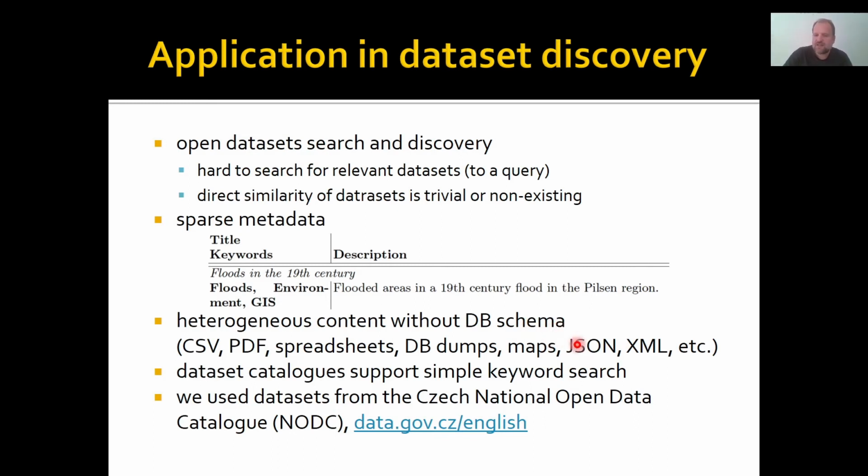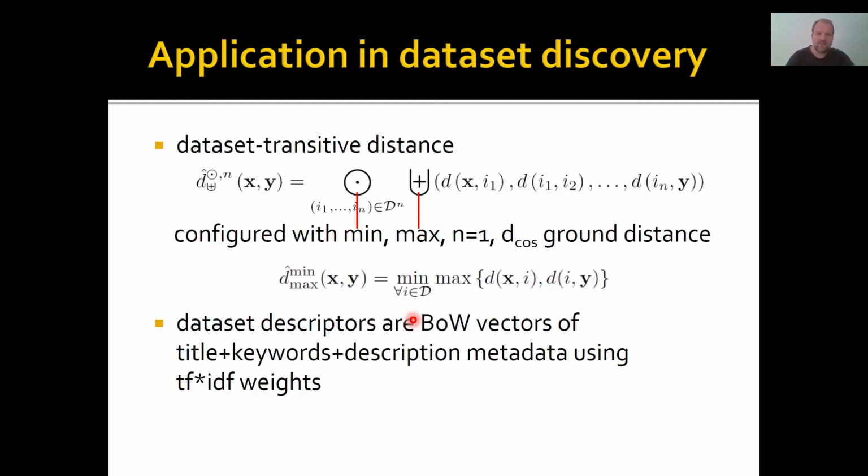So there is no metadata on top of the structure of the dataset. So everything we have is the metadata that is associated with the dataset. Now, search for a dataset with this sparse information. So we try to use the data-transitive distance for the hard problem of dataset discovery, where we actually